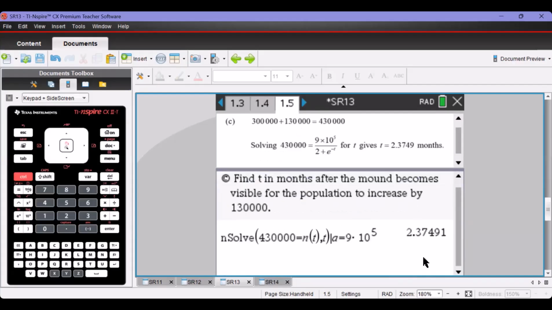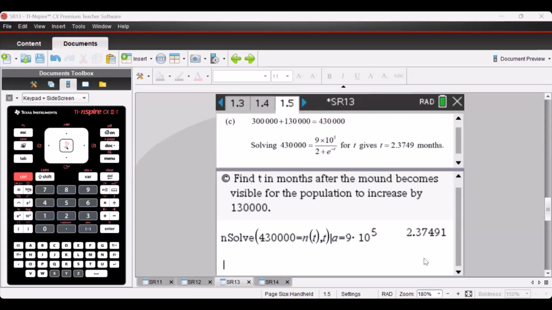In part C, we're asked to find T, the time in months after the mound becomes visible for the population to increase by 130,000. When the mound first becomes visible, it's estimated that there are 300,000 termites. So if we add 300,000 to 130,000, which is the increase, we want to find the value of T such that N of T is equal to